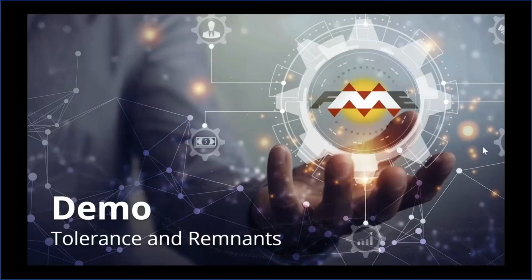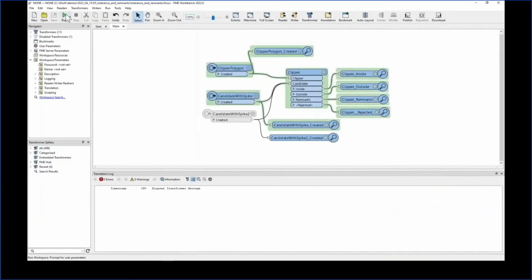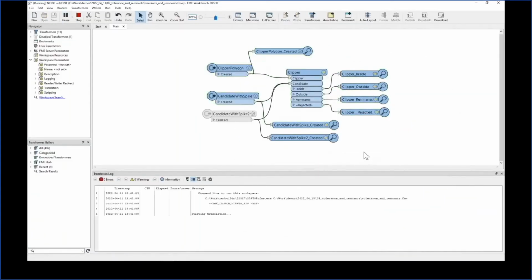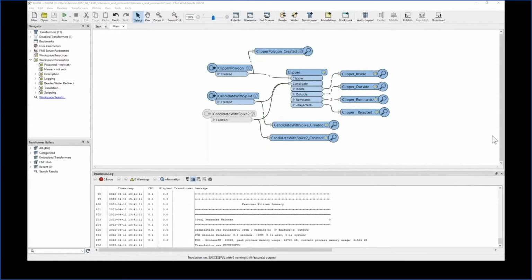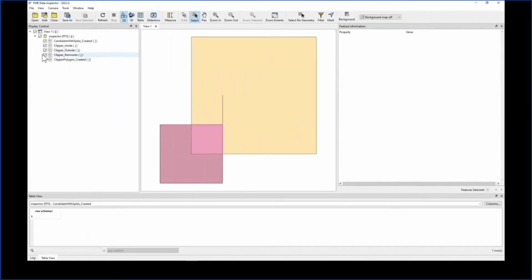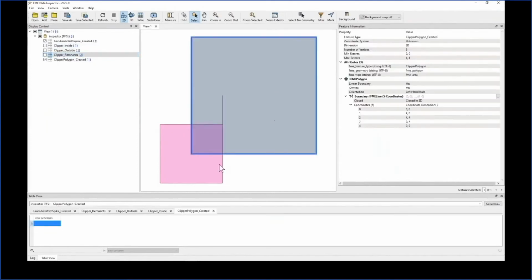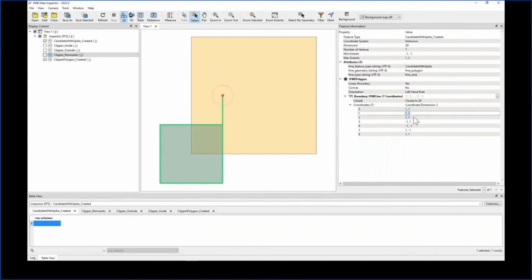So in this case, I'm going to talk a little bit more about the tolerance parameter and also the remnants output port, which is the last output port that we haven't seen yet. I have a demo case here, and I'm going to run it first. This orange polygon is my clipper, and this pink polygon is my candidate. You can see that the pink polygon has a 0 width spike. And when I clip this pink polygon, I get